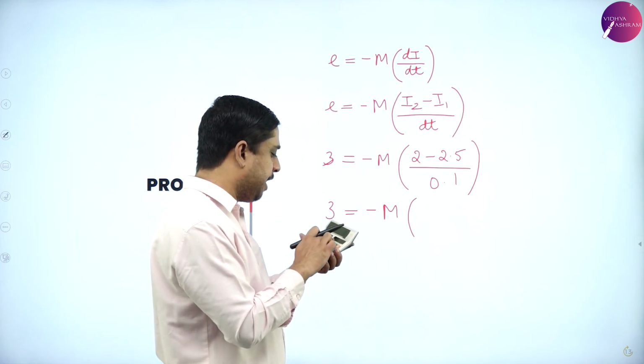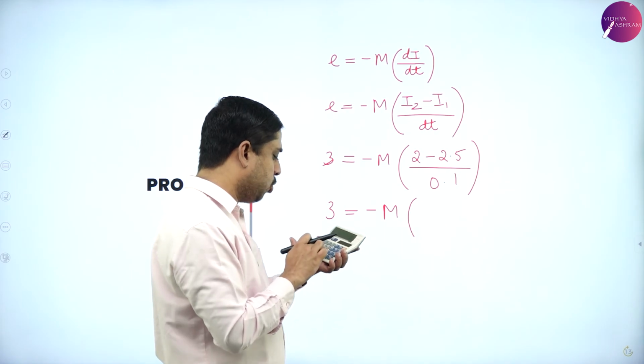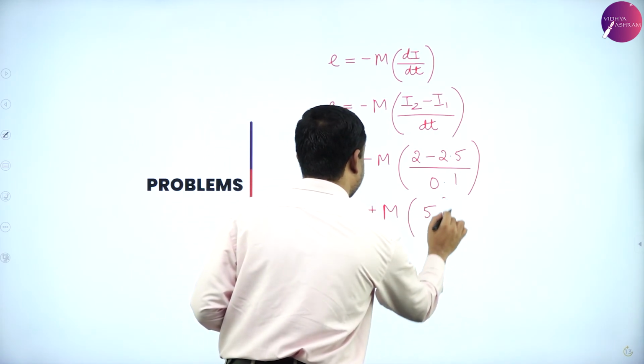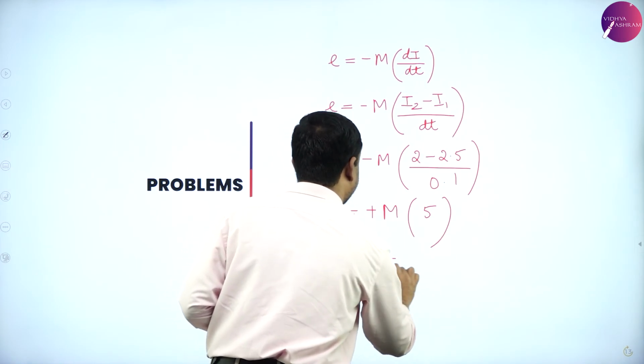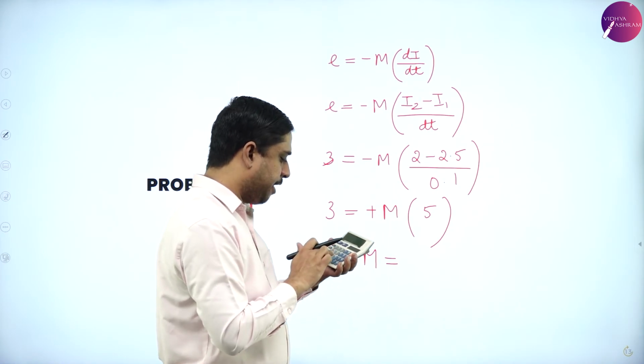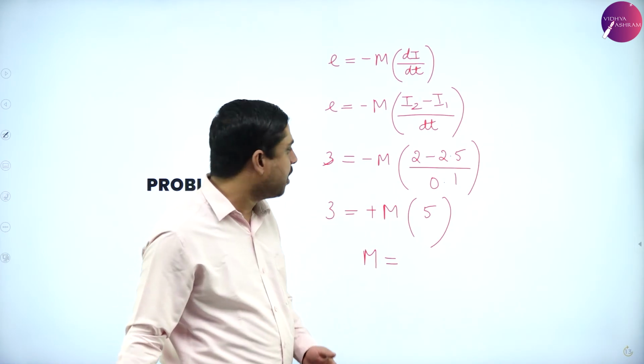So 0.5 divided by 0.1 is 5, and this becomes plus. So M is 3 divided by 5,